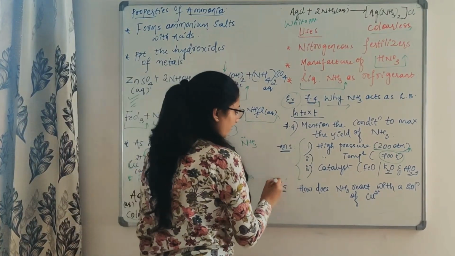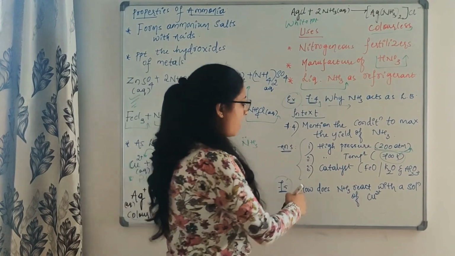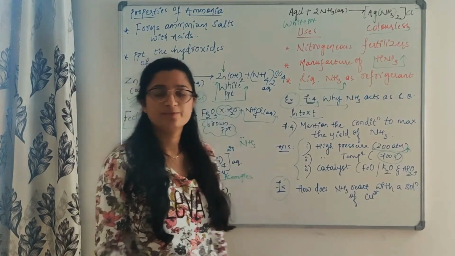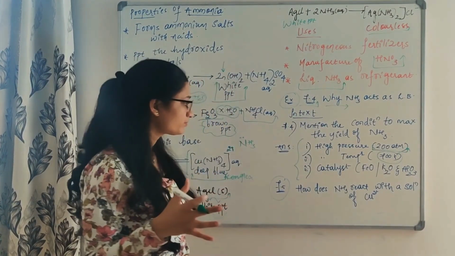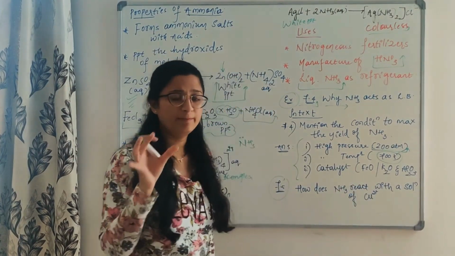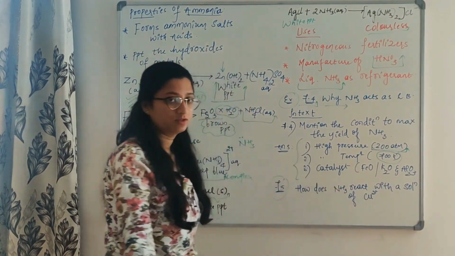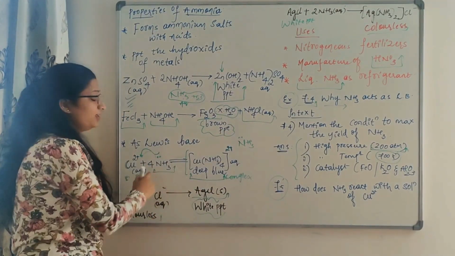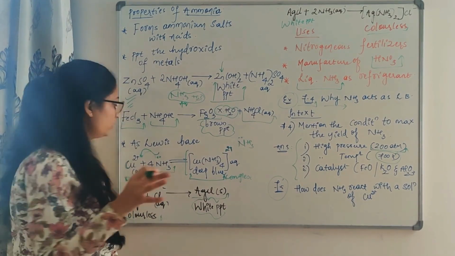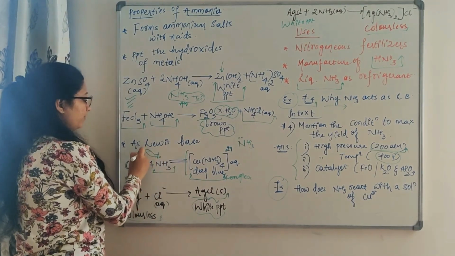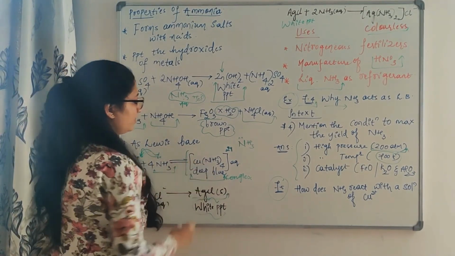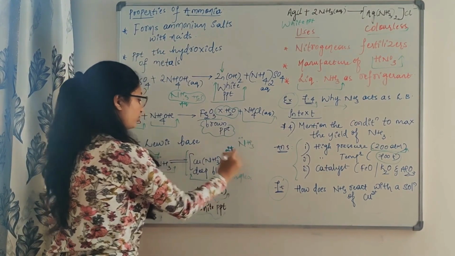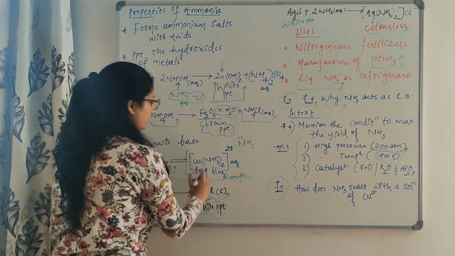Next. The 7.5 in-text question is: how does NH3 react with a solution of Cu2+? Here we have a solution of Cu2+, a metal ion, and then NH3. Just now we have studied this Cu2+ and we are reacting that with NH3. There is a formation of a complex ion, in which the lone pair of electrons will be given to the Cu, giving [Cu(NH3)4]2+, and you have to mention the 2+ oxidation state, in aqueous solution. The color of this complex is deep blue.